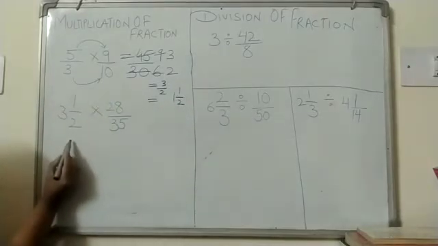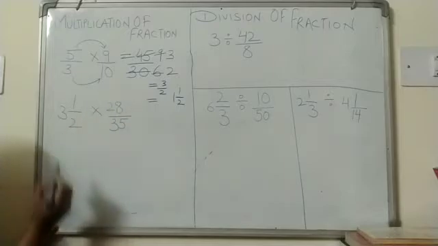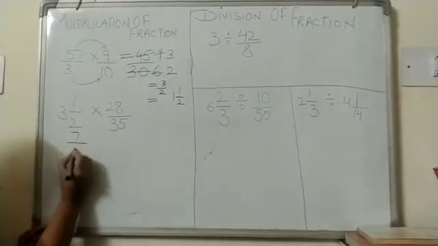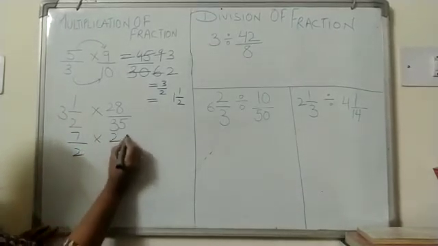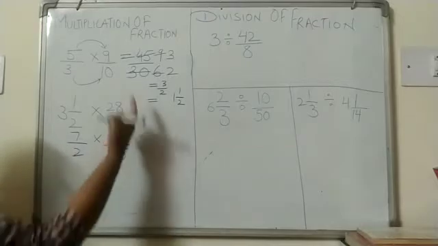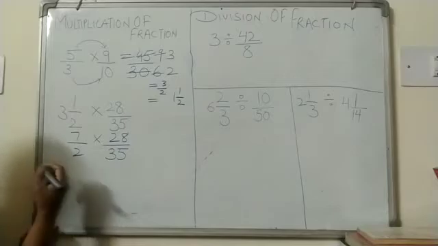Now here, the second question, we have one fraction in mixed form and the other one is a proper fraction. So the mixed one will first be converted into an improper fraction. So 2 3s are 6 plus 1, 7, multiplied by 28 upon 35. Now I have shared one method, which is this. The second method of doing multiplication is this one.